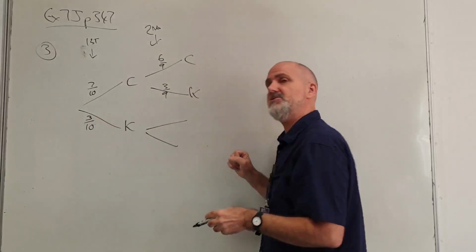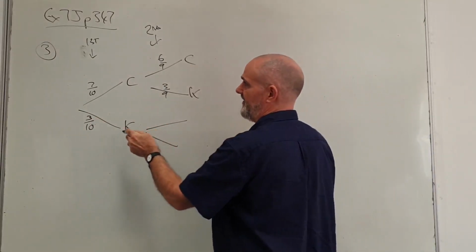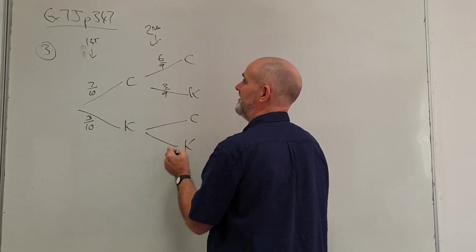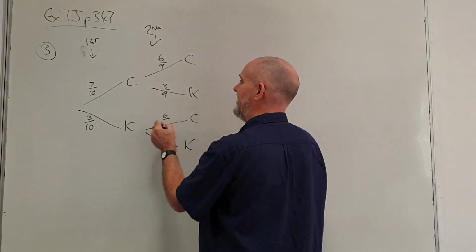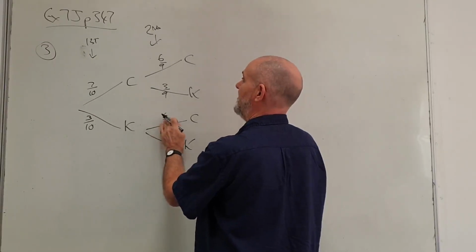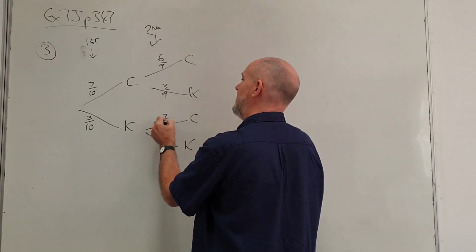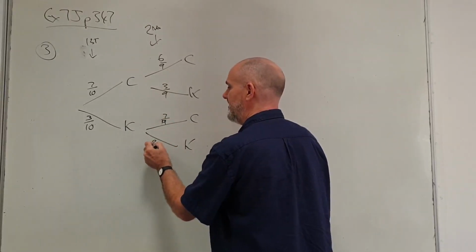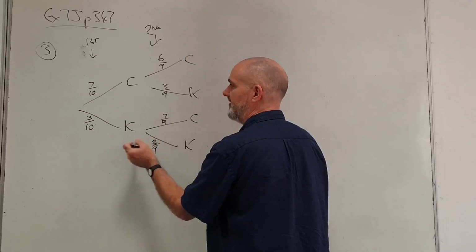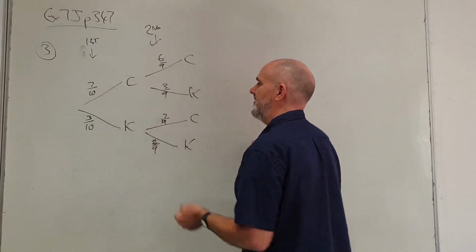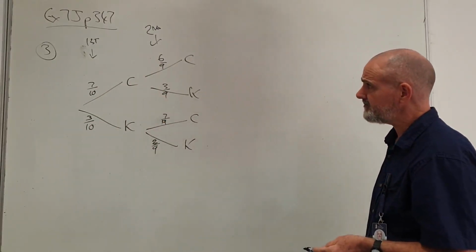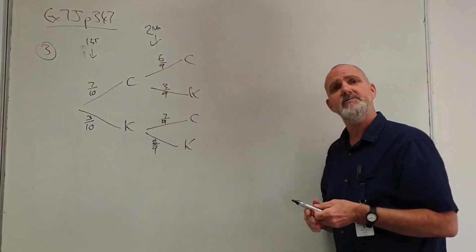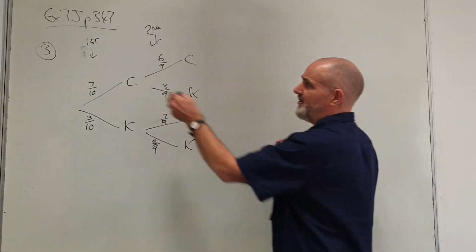And then if the person chose a key first, there's only 9 items left, but this is the coin and the key, so there's still 7 coins left, so 7 out of 9 there, and 2 out of 9. I guess with any tree diagram, you're checking that if you've got 2 here, they both add up to 1. There we are. So remember, when you do a tree diagram, you're multiplying along the branches,